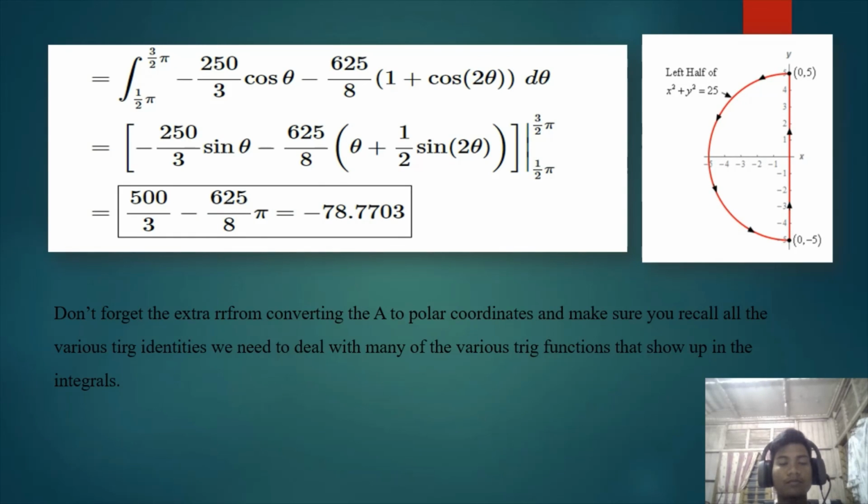Then integrating theta from 1/2 pi until 3/2 pi, we get the final answer, which is 500/3 minus 625/8 pi, which for the last answer is negative